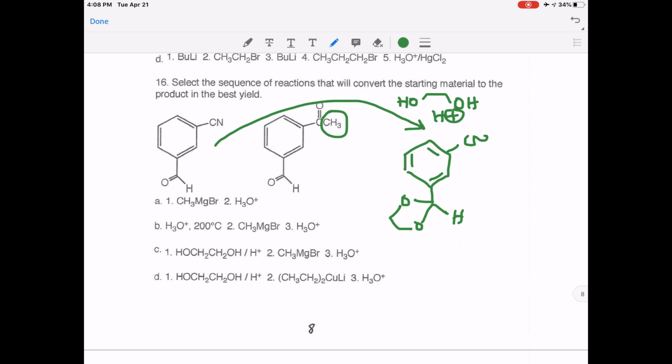If we do that, I won't go through the mechanism, but we end up with the ketone, and we still have our protecting group unaffected by the Grignard reagent,